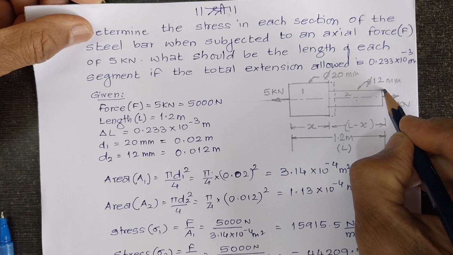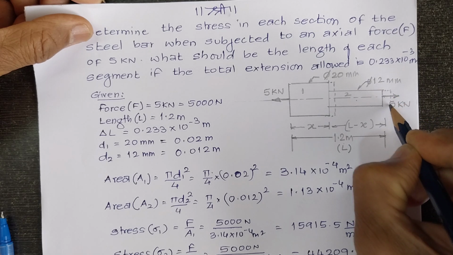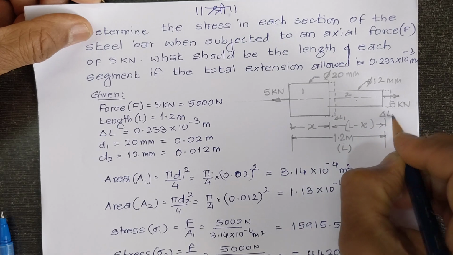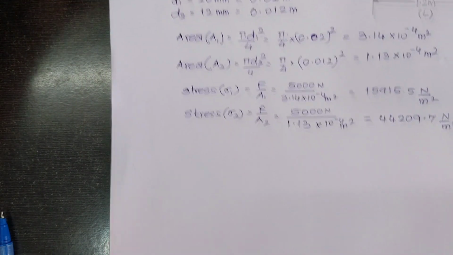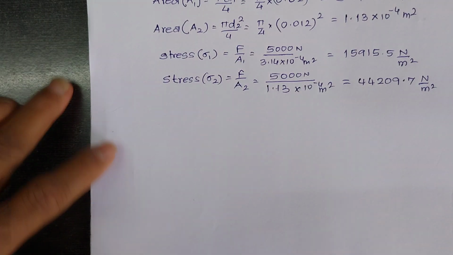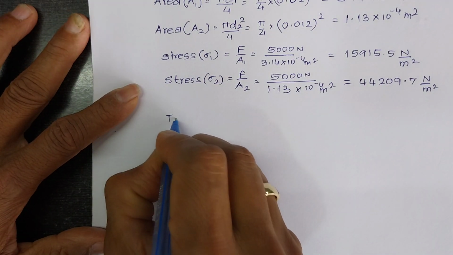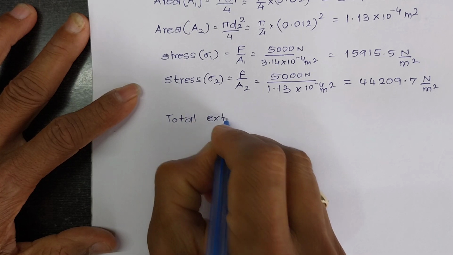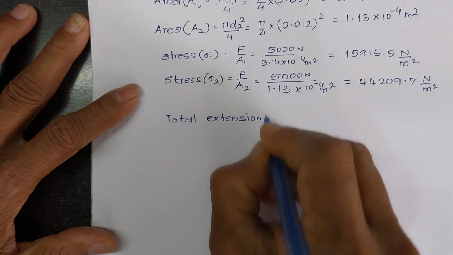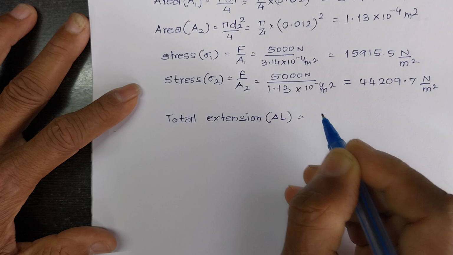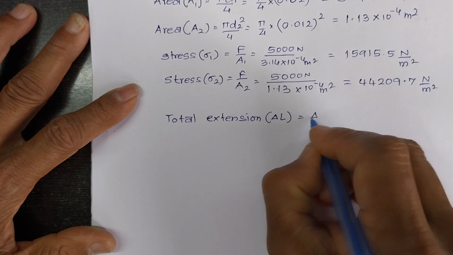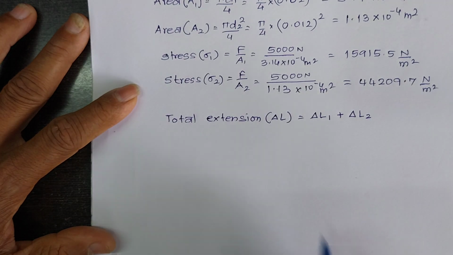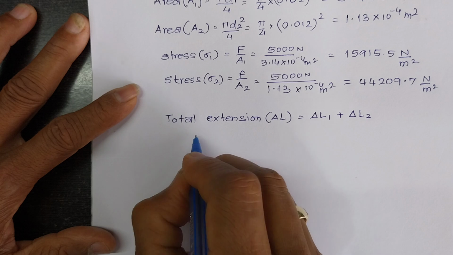There will be a fairly larger amount of extension in this smaller section, and that will be delta L2. So this will be delta L1 and this will be delta L2. The way we write it mathematically, in this case we have the total change or the total extension here represented by delta L will be a sum of the two extensions, which we can write as delta L1 plus delta L2. Since this value is given, we write this as